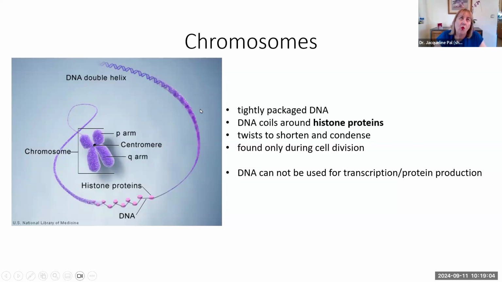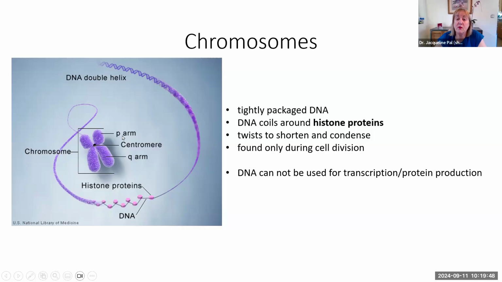So if we want to know what a chromosome is, chromosomes are tightly packed DNA. So we start with that DNA double helix just floating around as chromatin. And what's going to happen is it's going to wrap itself around these proteins that are in the nucleus of the cell called histones. And so the DNA wraps around the histones and then it continues twisting around it. And just like if you would take a rope and you would twist it, twist it, twist it, it would shorten and fatten. Well, that's what's going to happen. It's going to shorten and condense and condense and condense. And eventually it